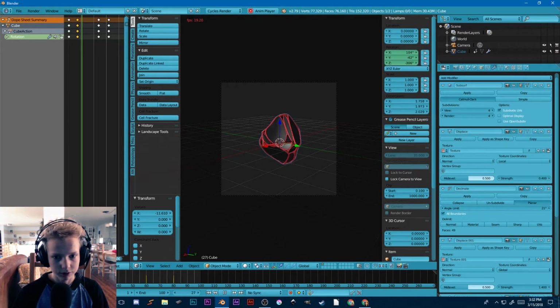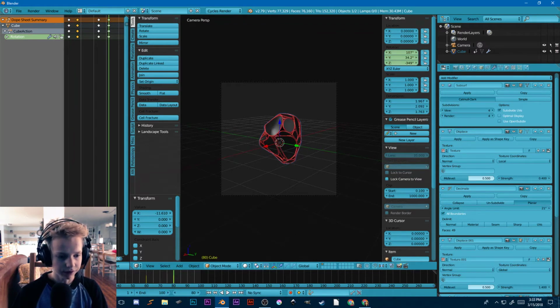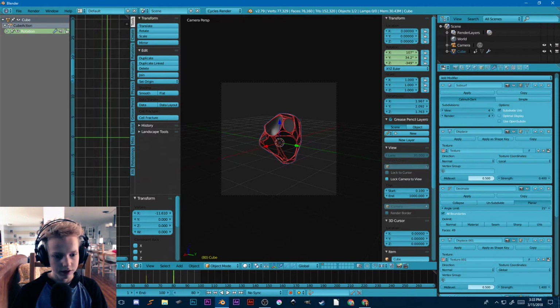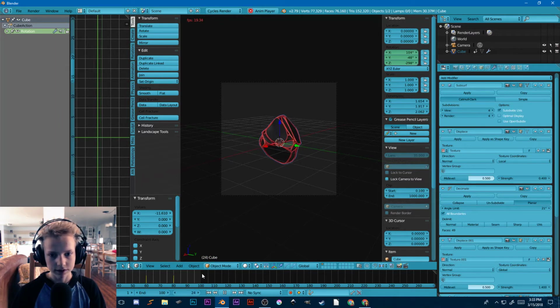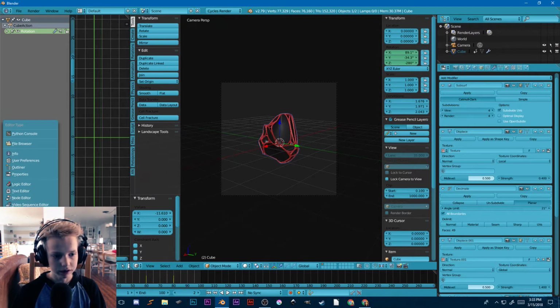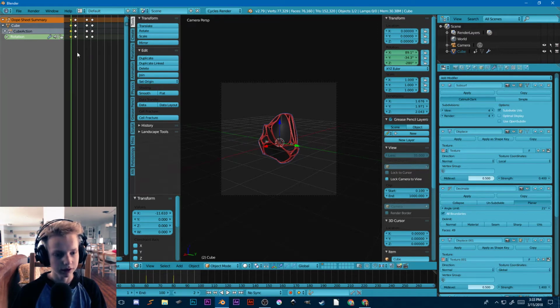But just moving this around and making it look kind of nice. So we have this motion here. It looks pretty cool up until about here when it stops moving. I'm going to go into the graph editor, and at this point looks pretty good, but it doesn't loop. As you can see, it moves around a bit, comes back around, and then stops. And in order to get it to loop like that, all I have to do is take this first keyframe here, and Shift D for duplicate,